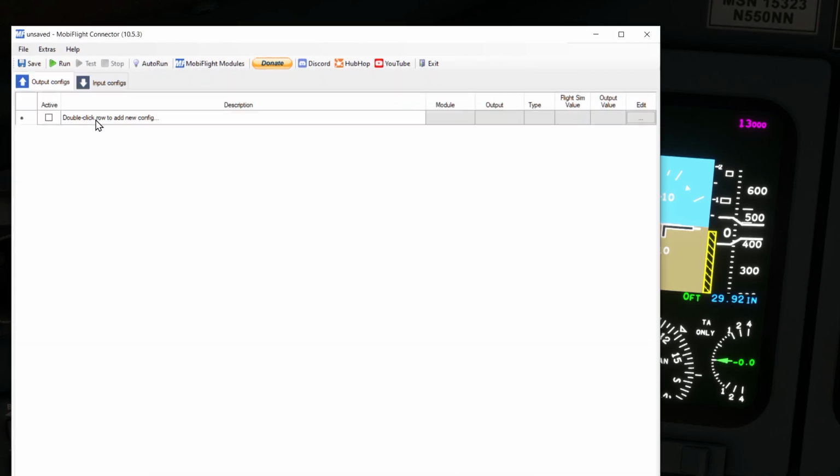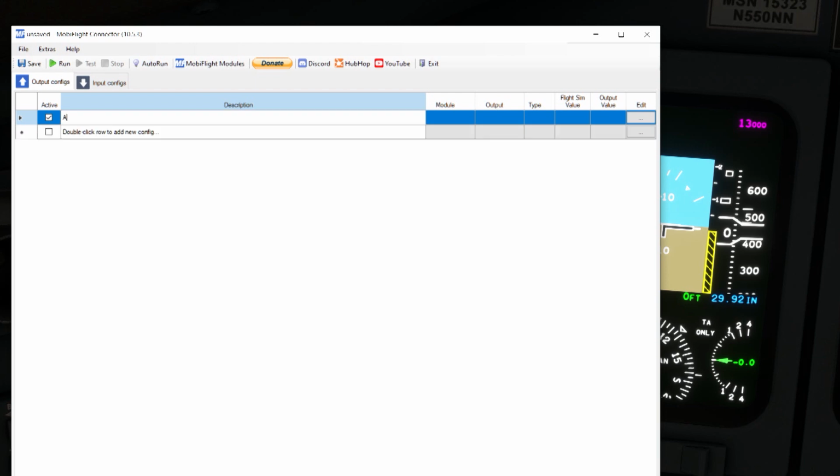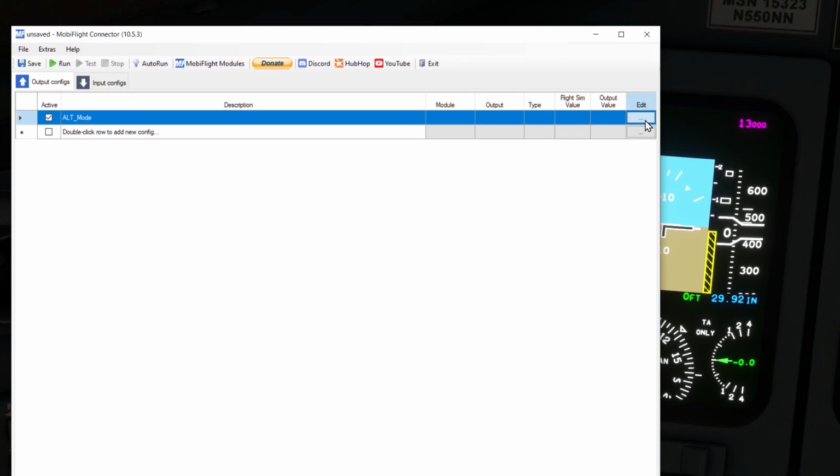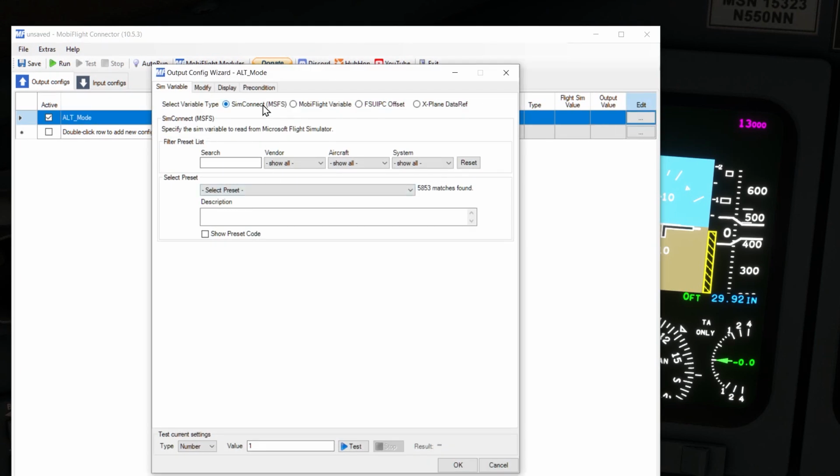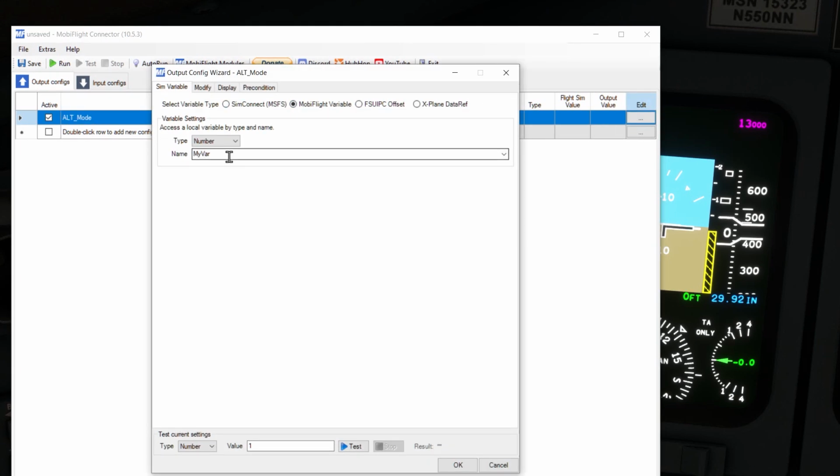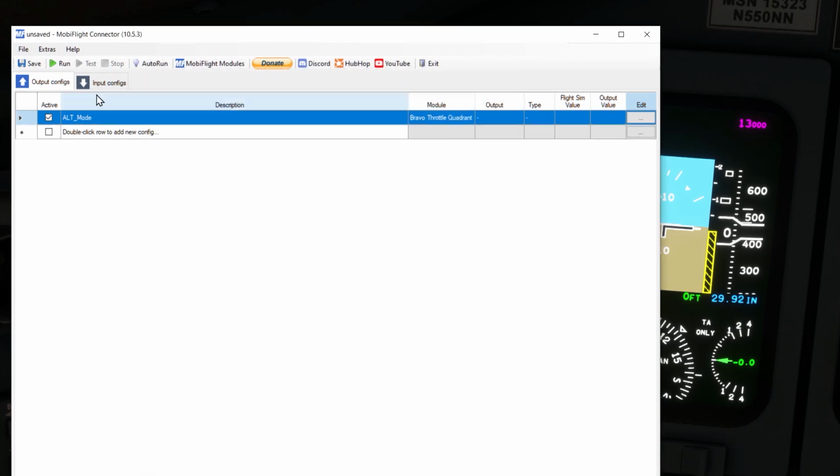So to test this, we can make an output config called alt_mode, or whatever you want to call it. And if we edit it, we can go up to MobiFlight variable. It's a number, and we should be able to use the drop-down list or just start typing and get alt_mode. And okay, and now when we run it,